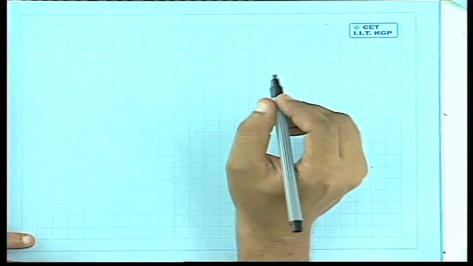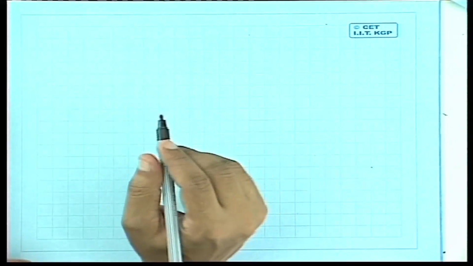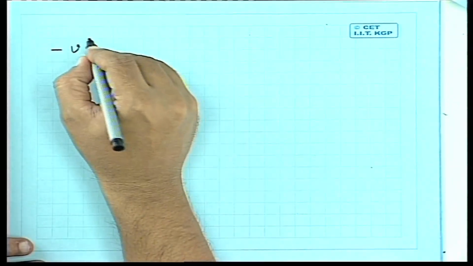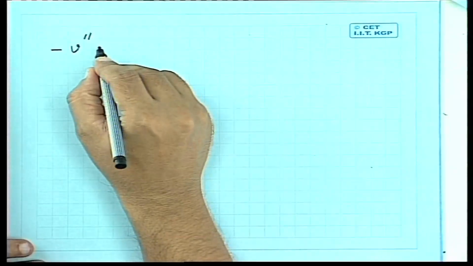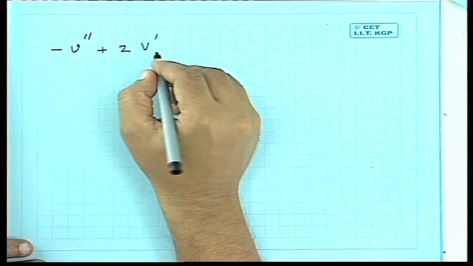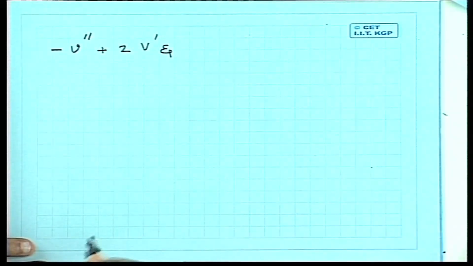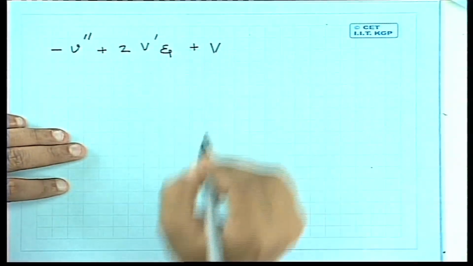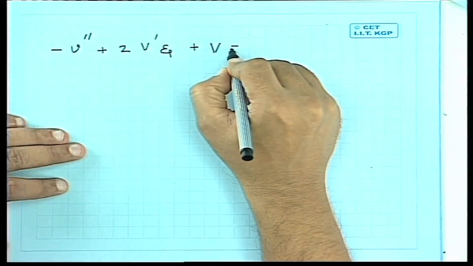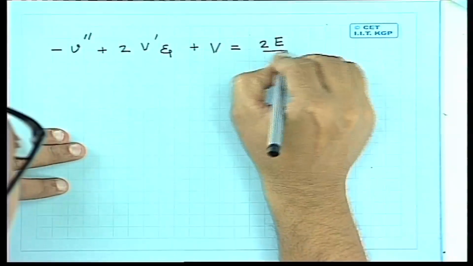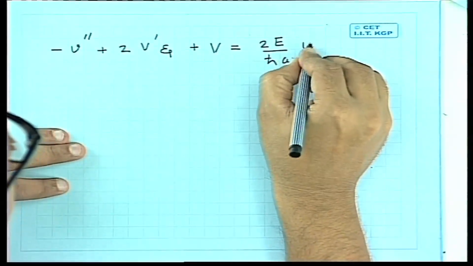And the e to the power minus xi square by 2 also cancels out throughout, and what remains is minus v double prime plus 2 v prime into xi plus v is equal to 2e by h cross omega into v,